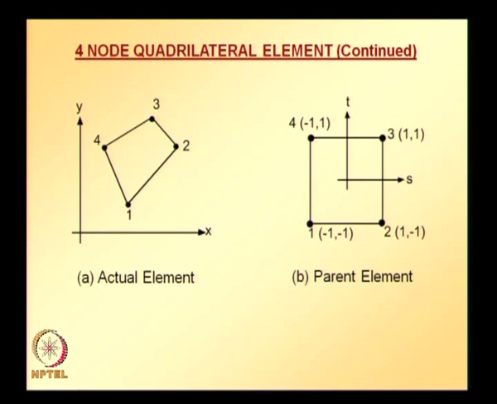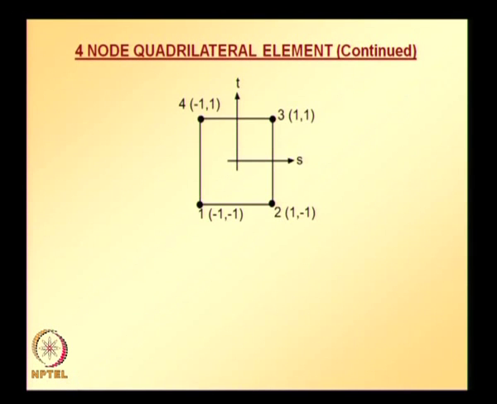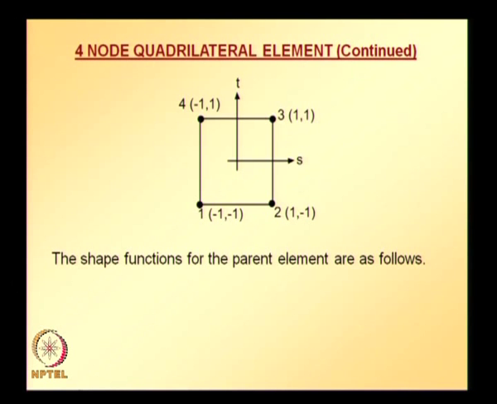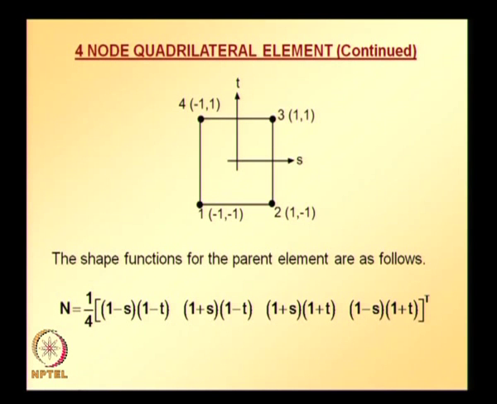Instead of performing calculations on the actual element, we are going to perform calculations on the parent element, and that is what isoparametric mapping is. So, the shape functions for the 4 node parent element in terms of S and T can be put in a vector like this,